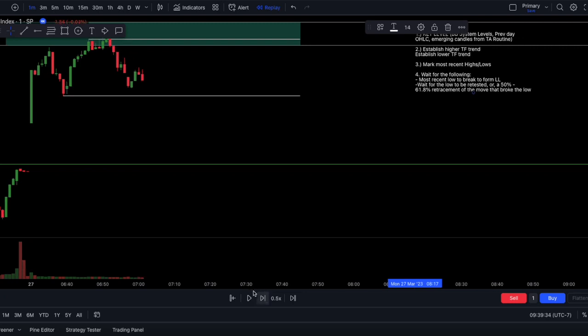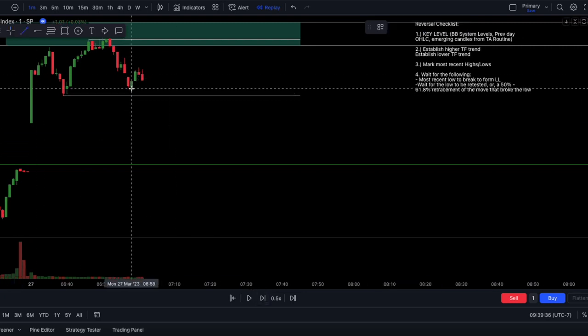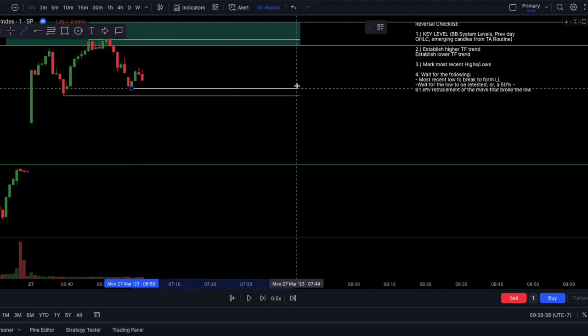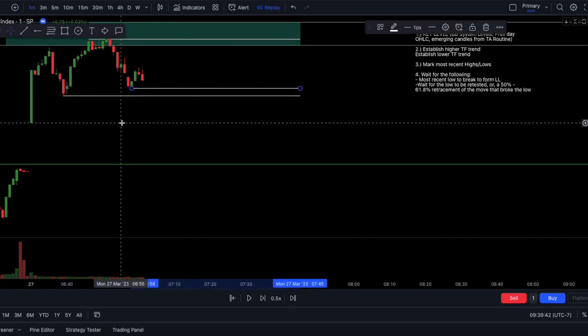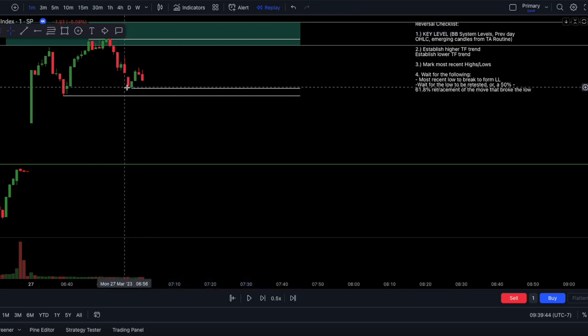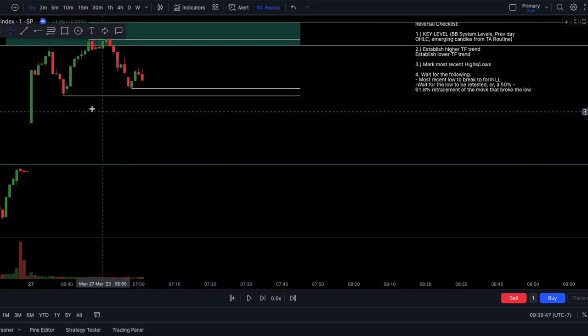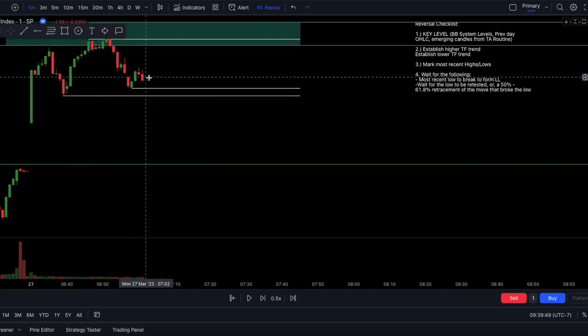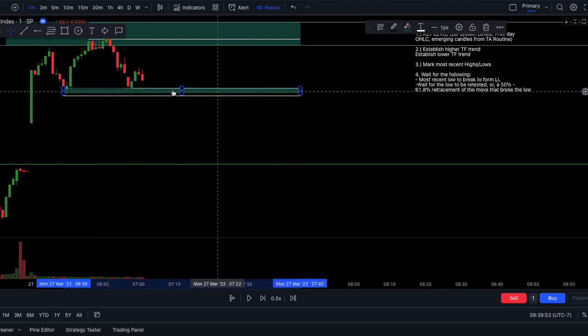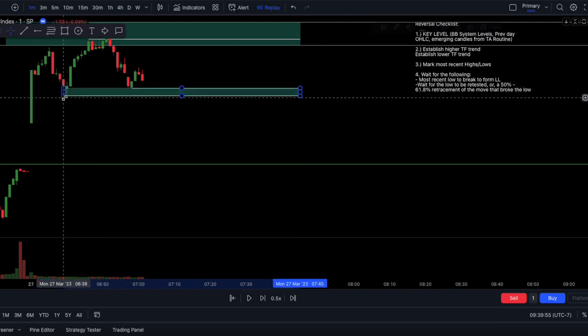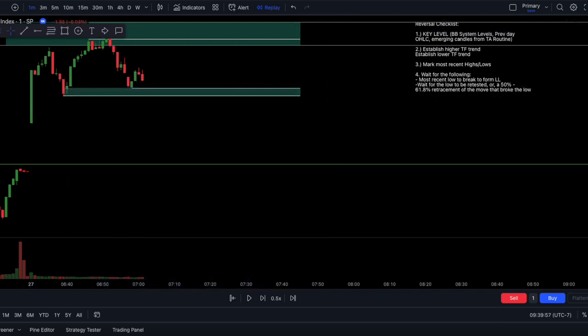Okay, here we go. So we have another low forming, a slight higher low. So this is the new most recent low. So we want to see this low broken. Even better if this one breaks as well. So we can just highlight this area, right? This is the area we want to see broken,